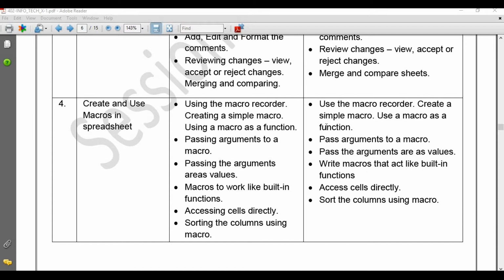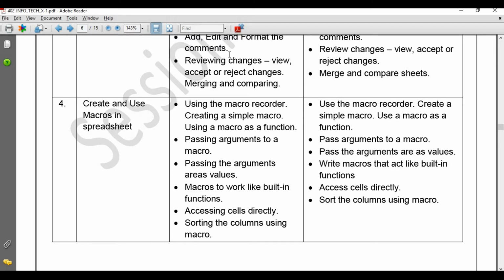These topics are taken from openoffice.org, and this session, create and use macros in spreadsheet, has study material created by CBSE that is based on Microsoft Excel. Now you see the difference.